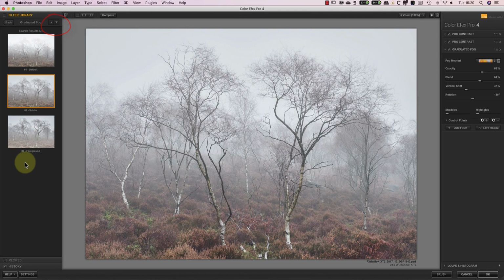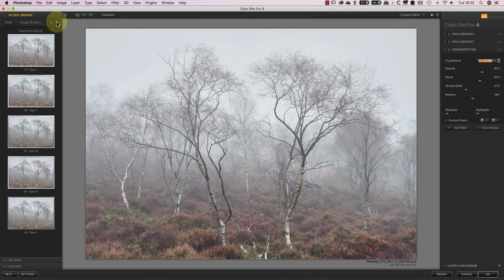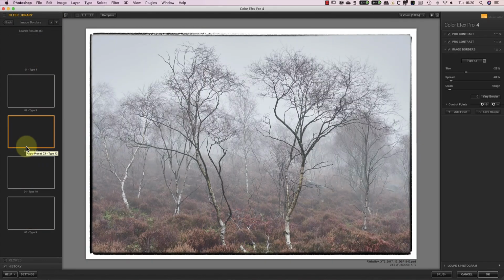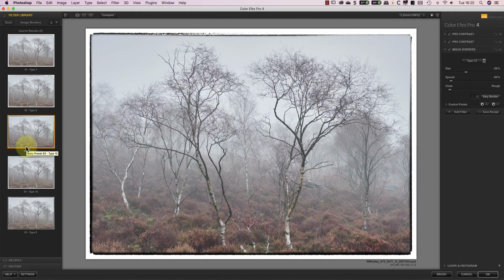I can use these to move up and down the list of filters whilst viewing the different presets. This is a great way to find interesting filters and effects that work together but which you might not have thought of. Each time I move to a new filter, the thumbnails preview how that preset looks when applied to my image. Let's now move on and look at how control points behave in Color Efex Pro, as it's different to some of the other Nik plugins.